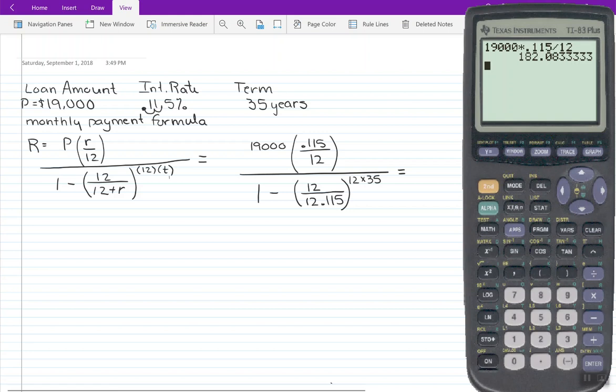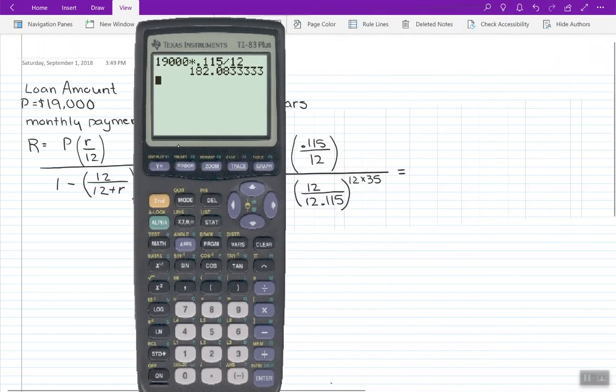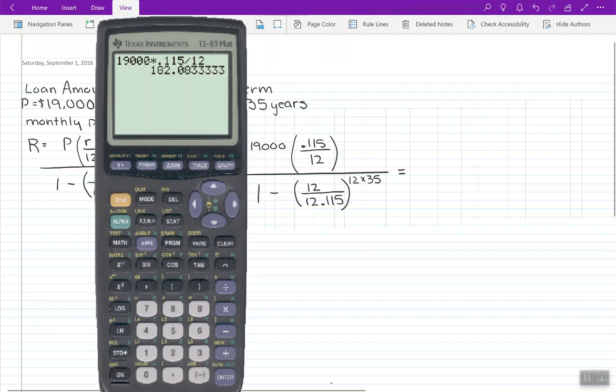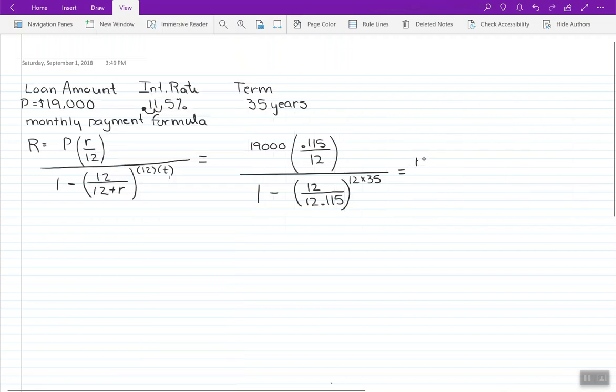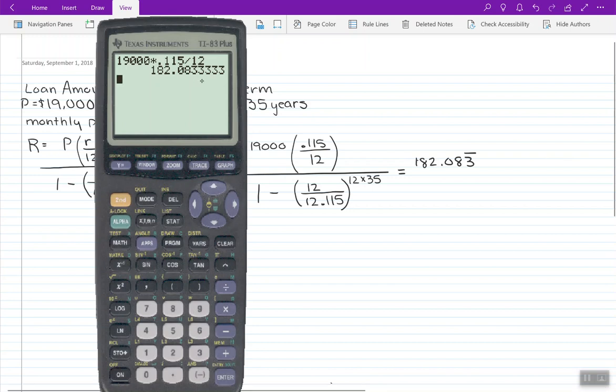Okay, so I get that number, and I'm going to write out all the decimals. And I'm going to put a bar above the 3 to indicate that the 3 was repeating after the 8